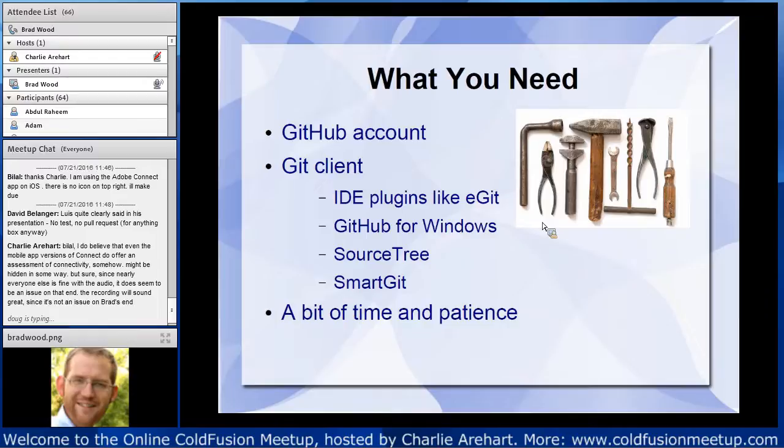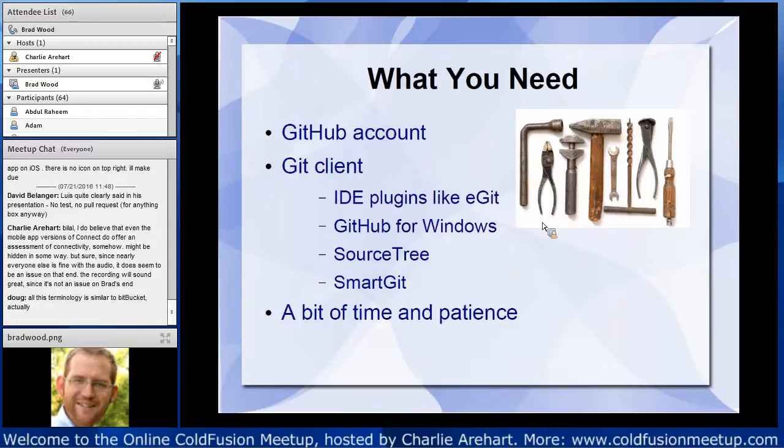SourceTree is probably one of the most popular Git clients. It's pretty powerful. It has a really nice little visualization of all of your branches and commits. And then there's SmartGit, which I haven't used in a while. I'm not sure if they're still updating that. And of course, you're going to need to have a bit of time and patience. I still have to do a fair bit of Googling sometimes to make sure I get all the little parameters right when I'm merging things via